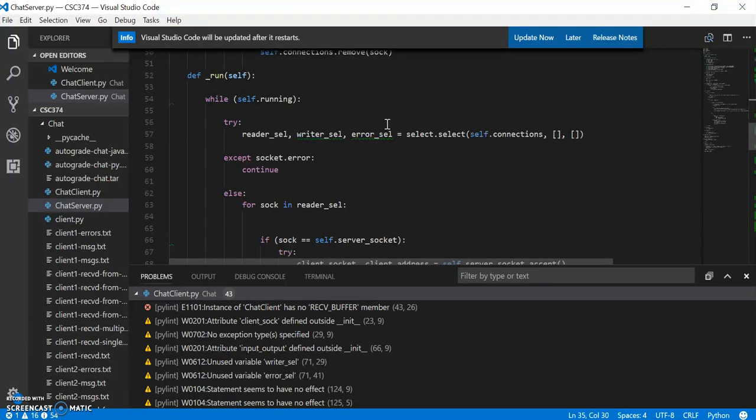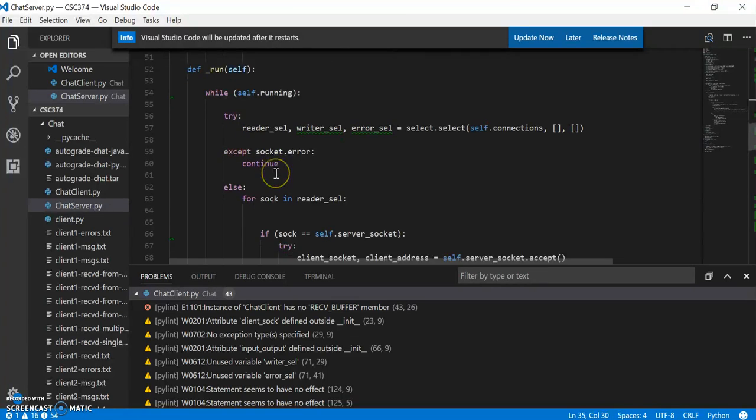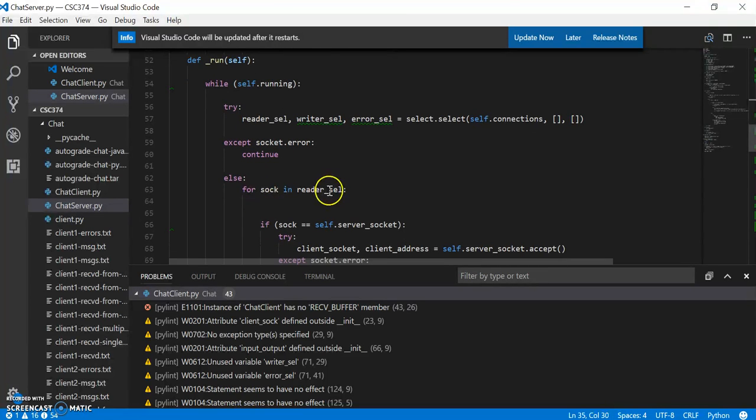So it's a pretty cool method. I set the reader select, writer select, error select. I set the reader to self.connections. So if there's some type of activity in select, so either a bind or an incoming message from a client,